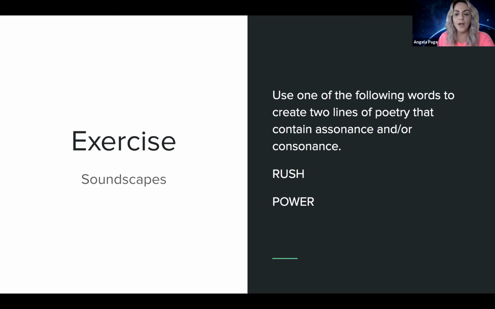All right, so I hope that that exercise really showed you how to create that. And if it didn't, I recommend that you go back to the previous slide, look at Donna Masini's Hunger, and try to find a vowel sound that's similar maybe to the ones in rush or power, or the consonant sounds in rush or power, and see if there's a word that you can link together from that poem. Just pluck a word and see if you can create a couplet. And then it'll become a little bit easier. Once your ears get sensitive to the tonalities of assonance and consonants, you'll find it a lot simpler to write based on them, okay?